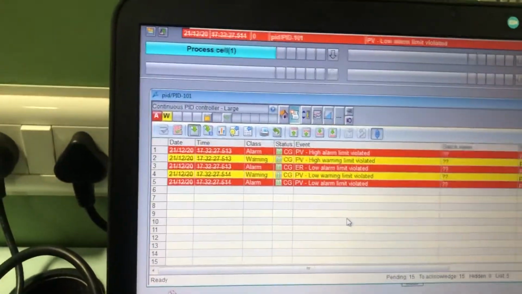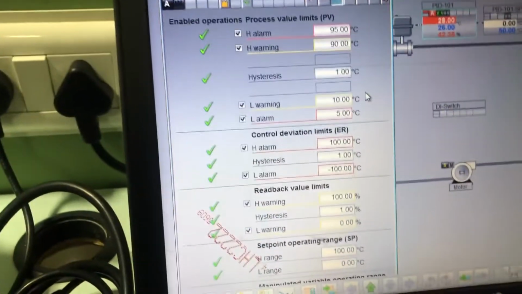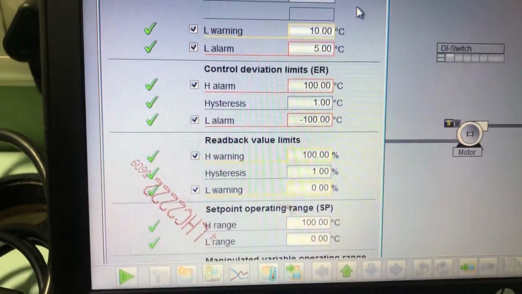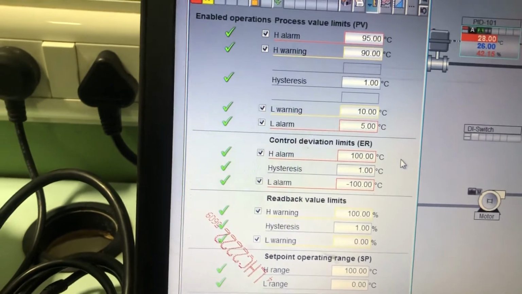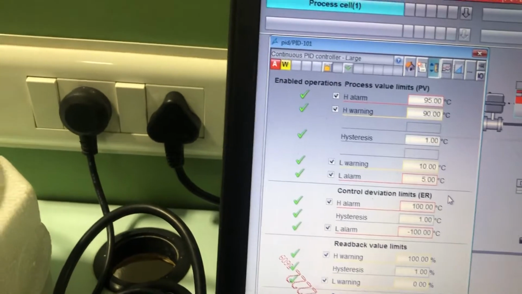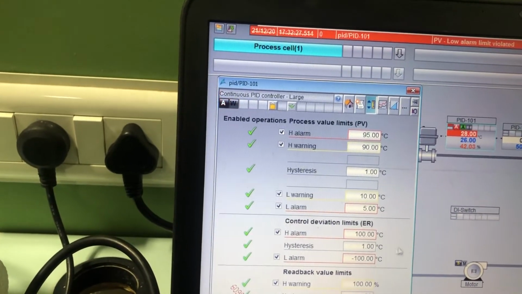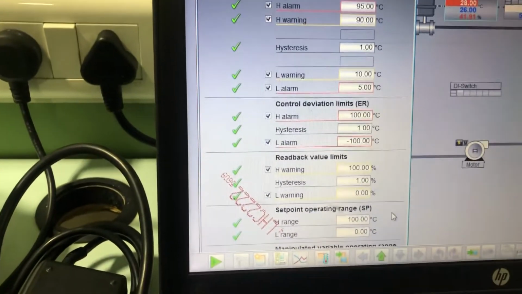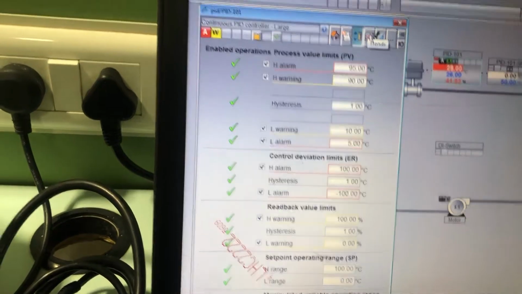Similarly we will get the alarms related to this PID loop. Then there would be settings for the process values, like high alarm, high warning. Then for the deviations, the error between set point and actual process value, there also we can have the alarm generation. Then there would be set point low as well as high range, so we can limit the set point also. So these are the set parameters screen.